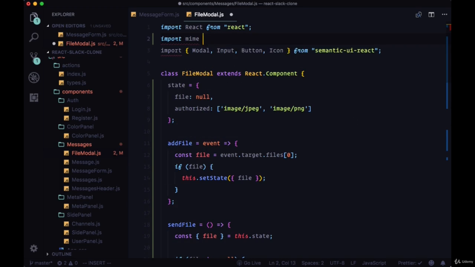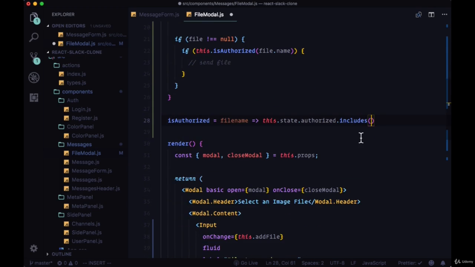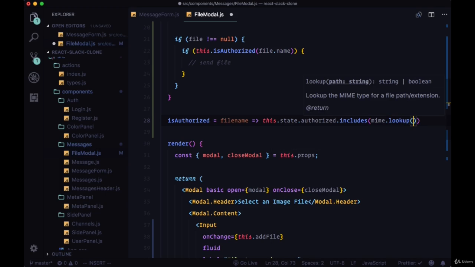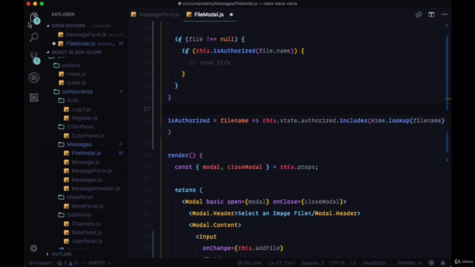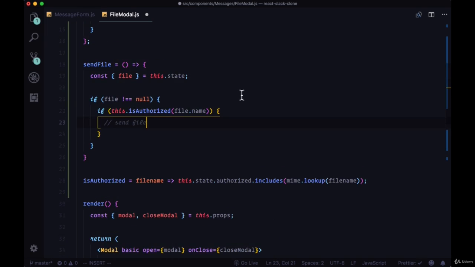But in order to assist in determining that file type, we'll import a tool called mime from the package mime-types. So mime-types, or mime, will perform a lookup for us using mime.lookup. We'll look up the content type of the file based on its file name. So this is how we'll check to see if the file that's been attempted to be uploaded is of an